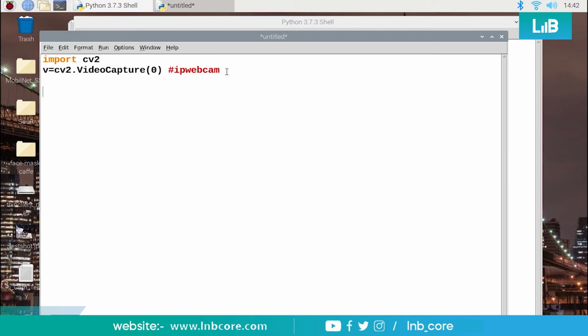So let us get the live streaming. That's why I have taken while 1. Then r comma I. This r means a kind of status from the camera, whether any image has been clicked or not. If the camera is connected and images are being captured, the status of this variable will be true. If it is true, images are coming. If it is false, images are not coming, maybe because of some reason.